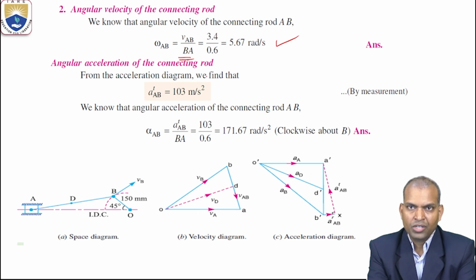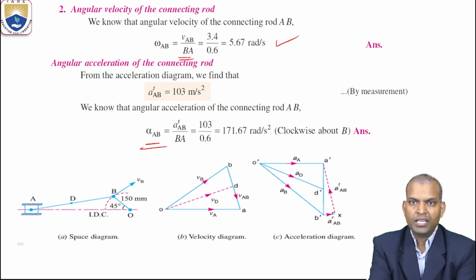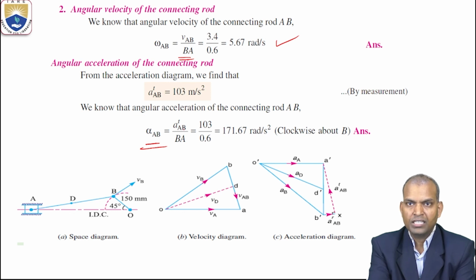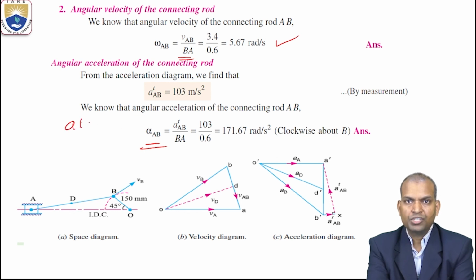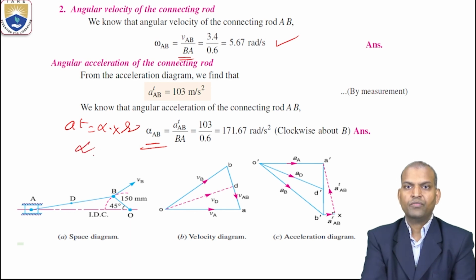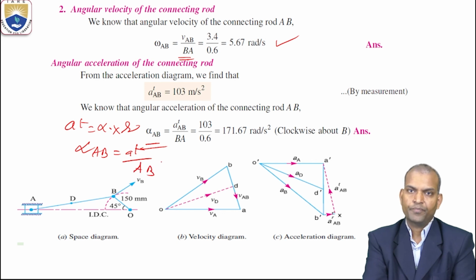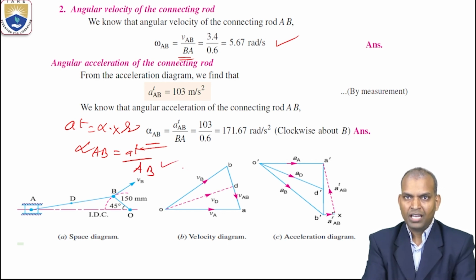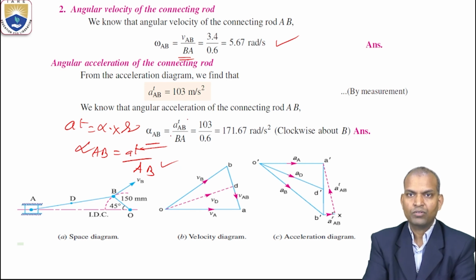What is the angular acceleration of the connecting rod? That is alpha AB. Tangential component equals alpha times radius, so alpha AB equals AT by R, that is alpha AB equal to ATAB